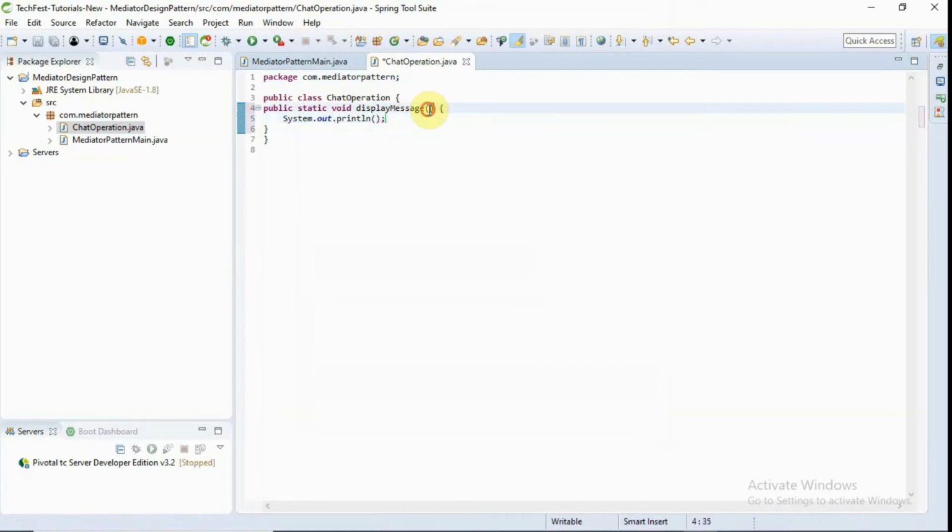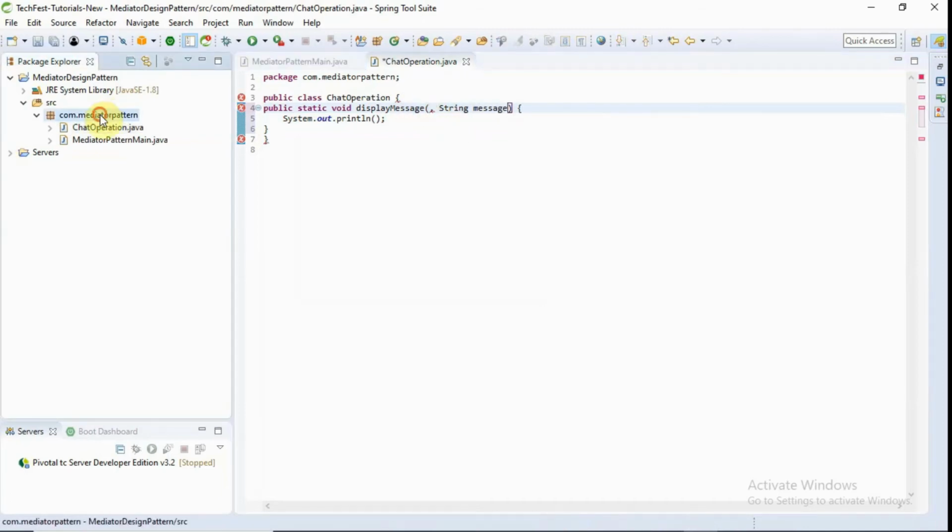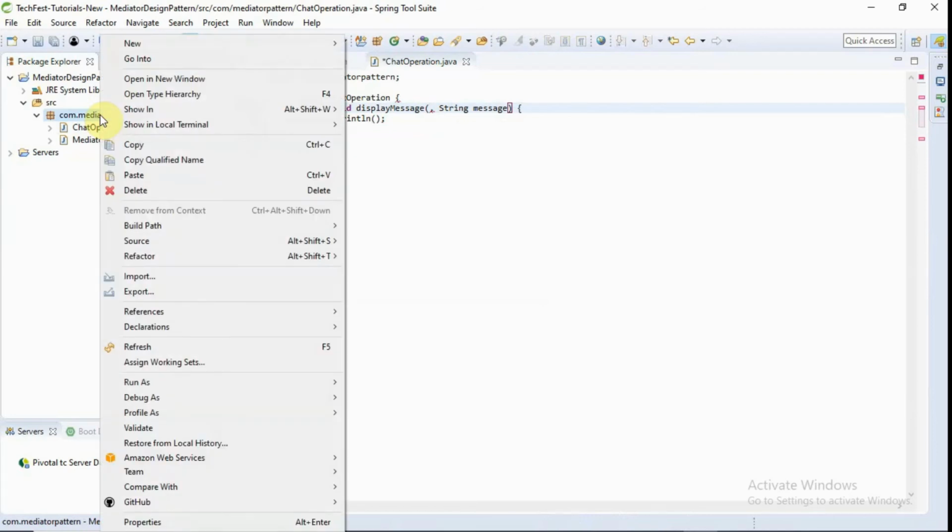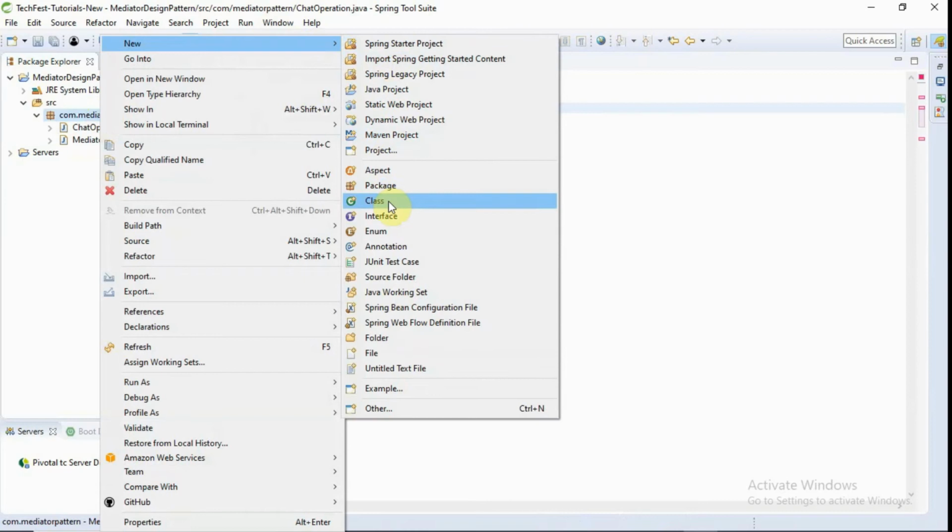Here we are taking two parameters. One parameter is for the message, and for the other parameter I am going to create one more class called the User class.